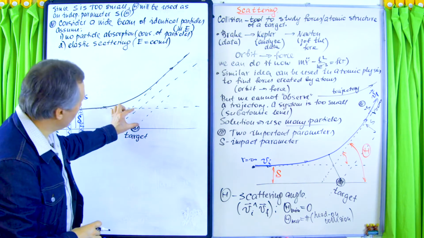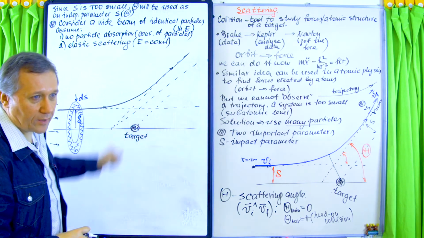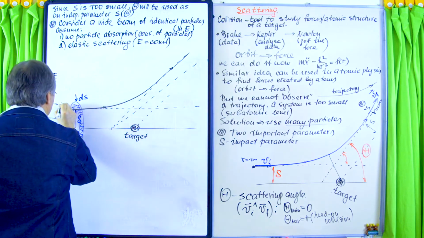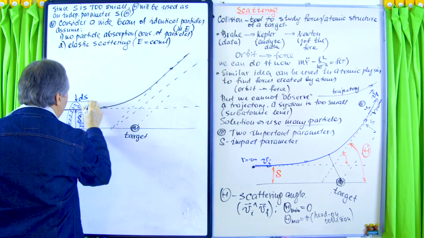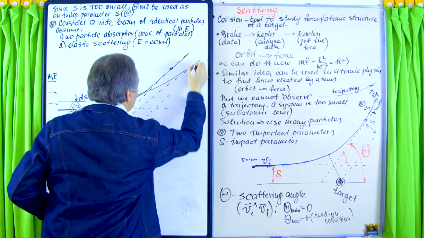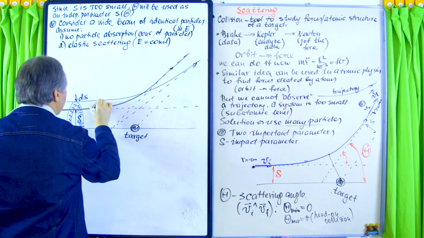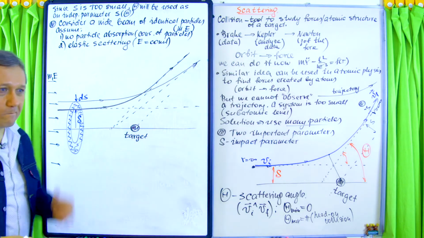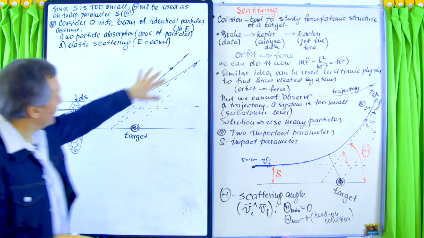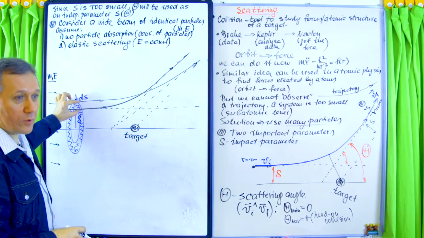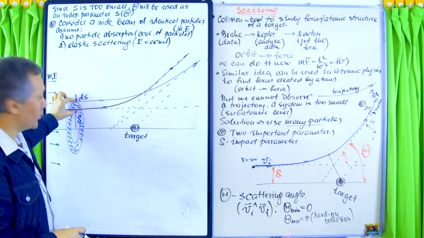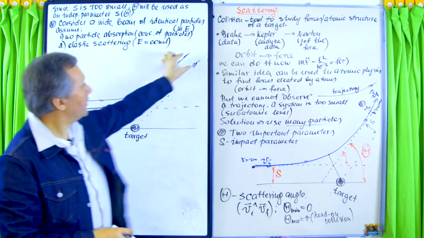And I guess it's, again, offset by the impact parameter. So this particle will go like this. Now, all the particles which go between these two, S and S plus ds, will be scattered into